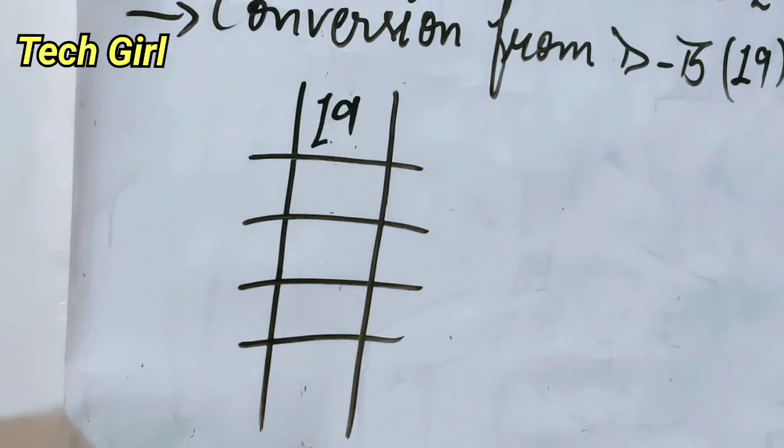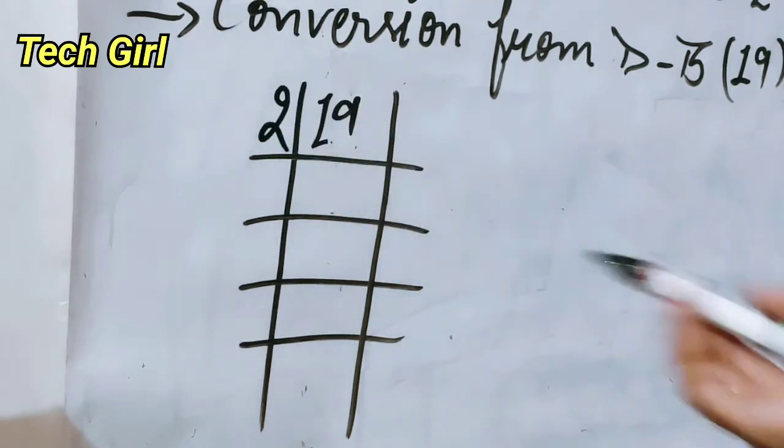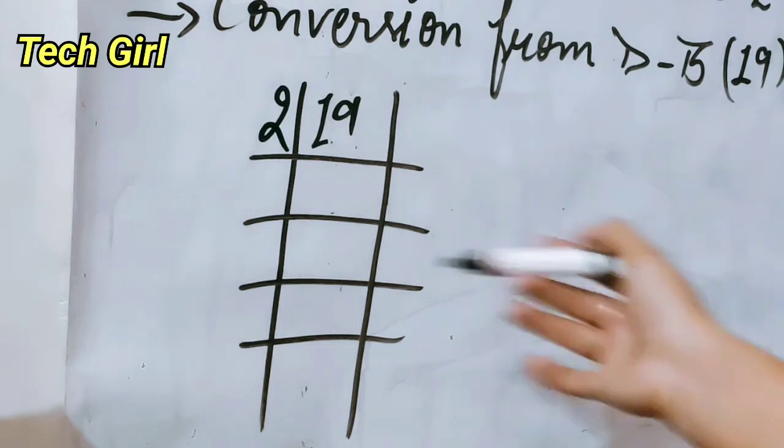So it means if we want to convert any given number into any other number system, we have to divide the given number by the base. One more time I'm telling you, here I have to convert a decimal number into binary, so I will divide this given number by 2. Simply, you just need to recall the table of 2.